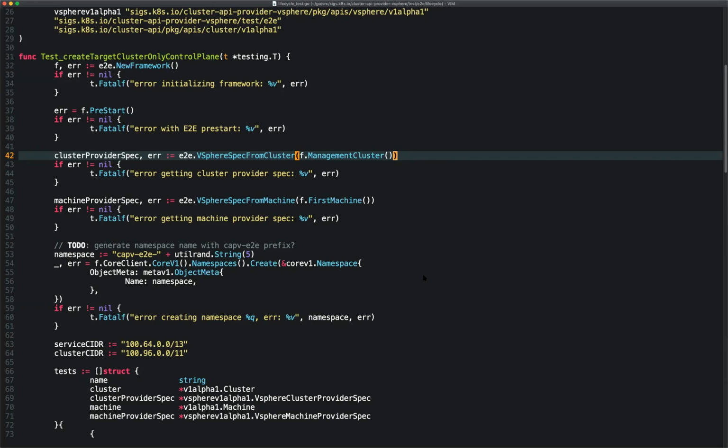Gotcha. I don't think we should worry about running the Kubernetes test suite against clusters. For now, we should worry about Cluster API specific tests. So like spinning up target clusters, spinning up machine sets, those things. Upgrading v1alpha1 to v1alpha2. Yeah, exactly. That's what I'm saying. The implementation of some of these will be specific to vSphere, but the tests themselves, the actual test types,